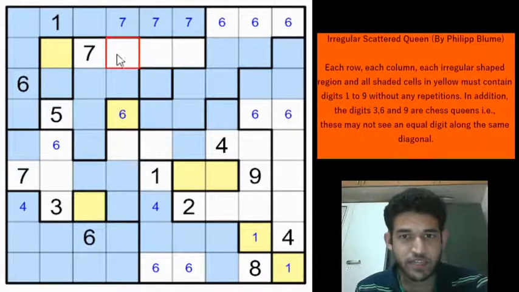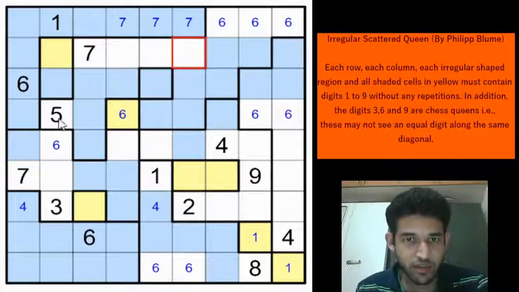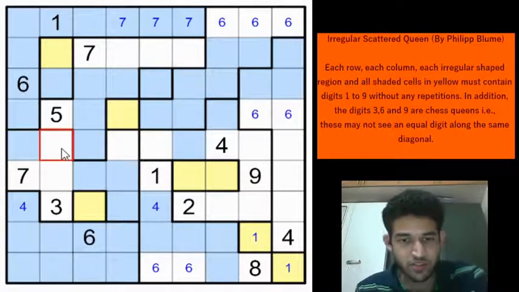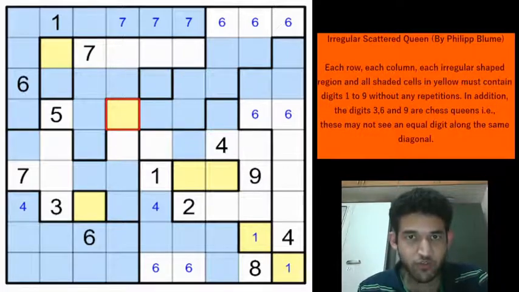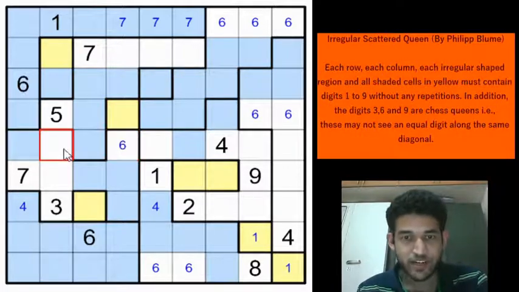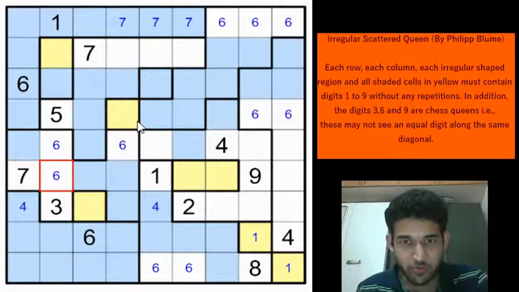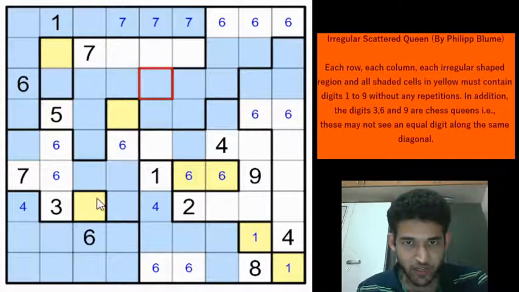So which means that we don't have any cell left for placing 6 in this region. So that is not going to be possible. So we can eliminate the 6 from row 4 column 4. Wow, what a deduction. So which proves that 6 must be in one of these 2 cells, because the yellow cells 1, 2, 3, 4, 5, 6, 7, 8 and 9 must contain exactly 1 6.